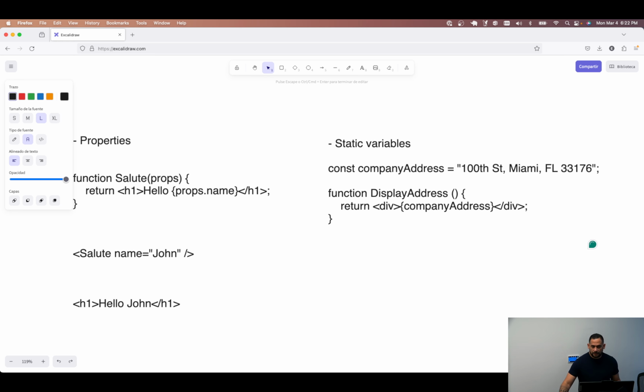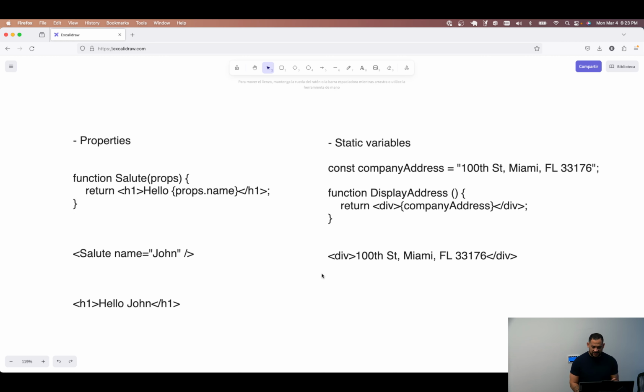Now, this component will also show a div with the address inside, right? So 100 Street, Miami, Florida, 33176, and div. Now, what is the issue here is that even if you change, first of all, it's a